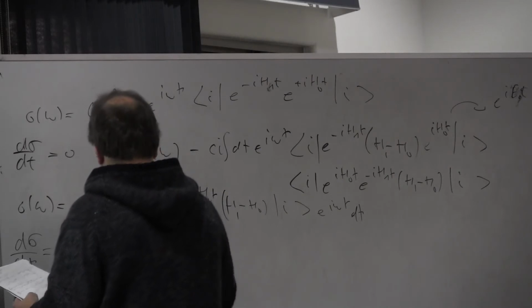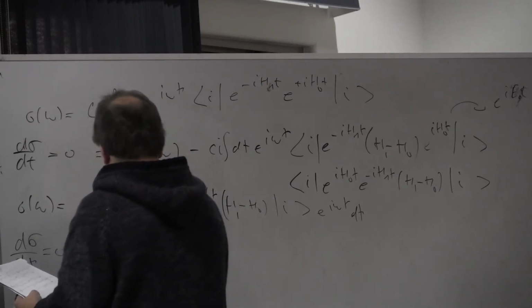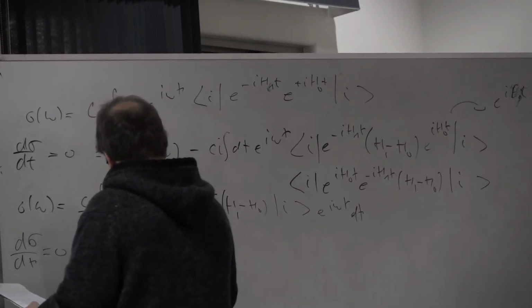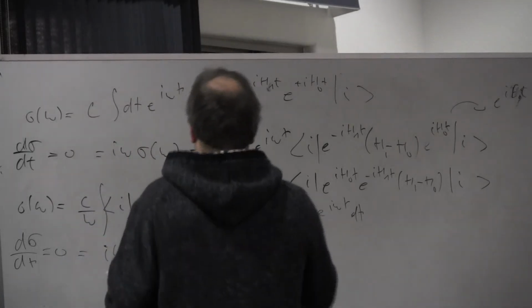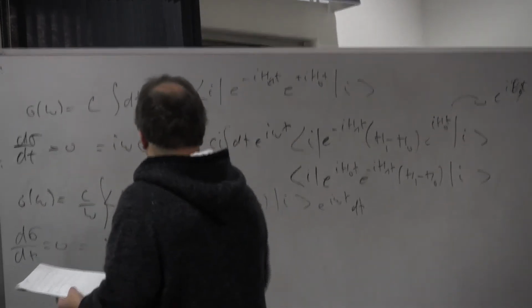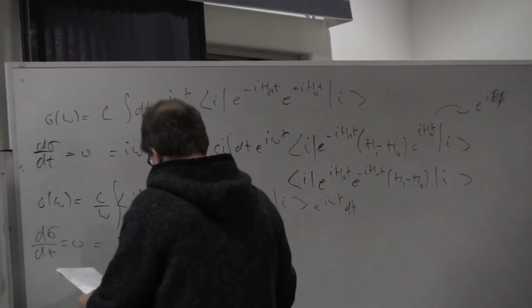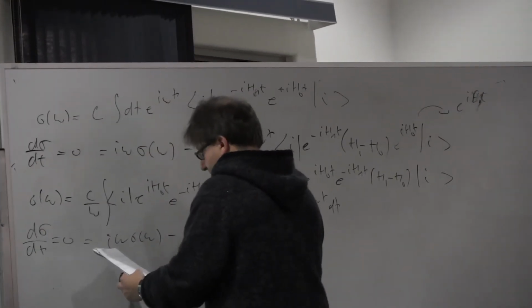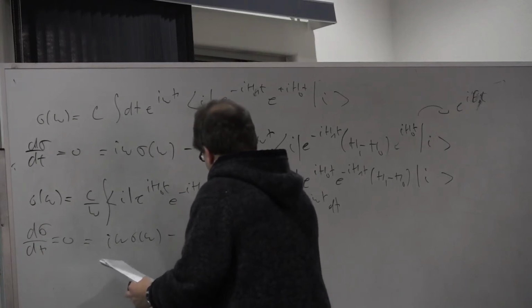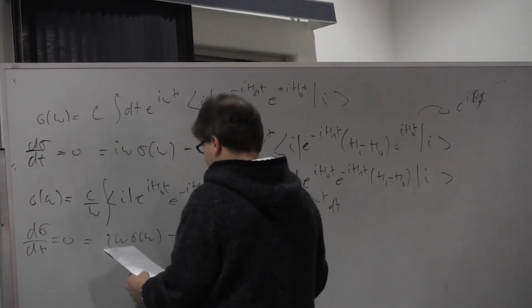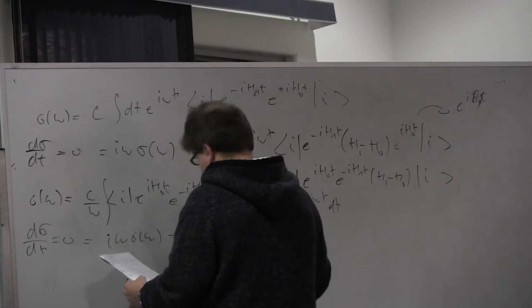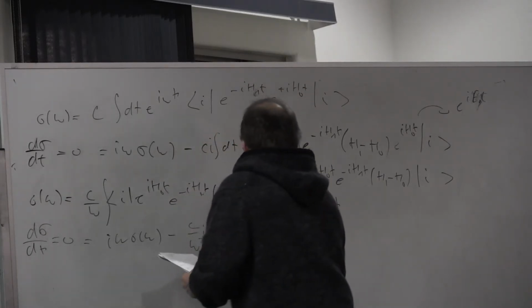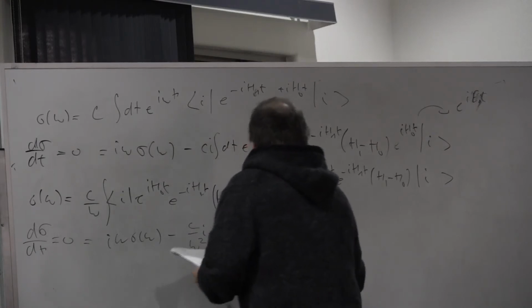So this gives me I omega sigma again, because I just get the identity expression as before, and then minus c over omega squared, and now comes basically on the left-hand side this difference, h1 minus h0, e to the